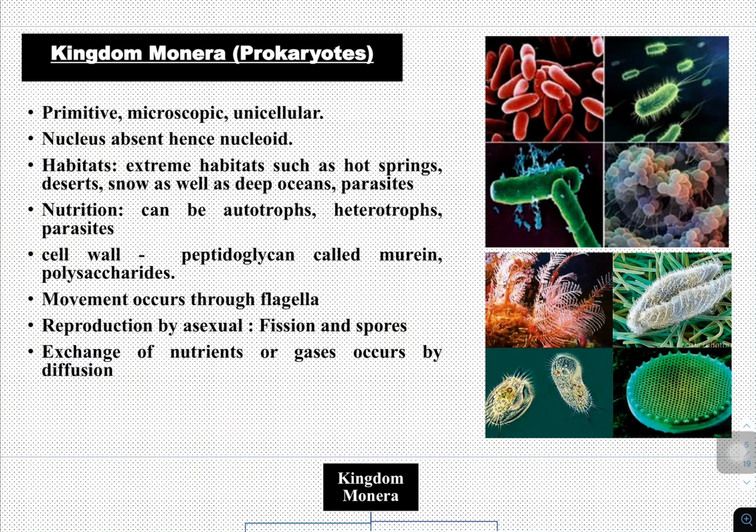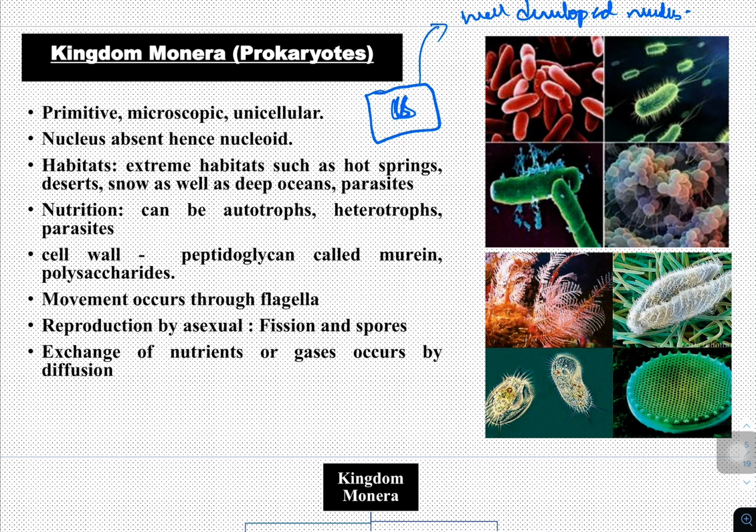First we will go with kingdom Monera. As the name suggests, Moneras are nothing but prokaryotic organisms. They are unicellular, only single celled, but prokaryotic. The moment you hear the word prokaryotic, it has a definite meaning. Prokaryotes are the organisms who do not have a well developed nucleus. Here the nucleus is absent, but